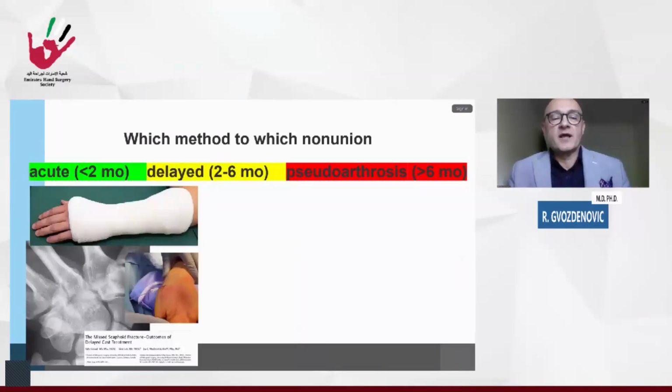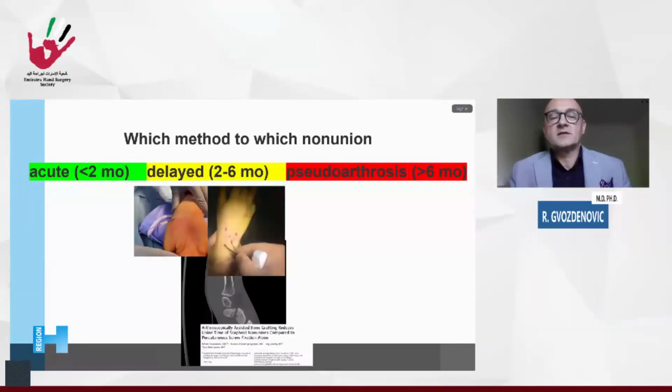If it is displaced, we usually perform a percutaneous pinning of the fracture. In delayed settings, between 2 and 6 months, we can still use a cast, but only if it's totally undisplaced. If it's displaced, then we